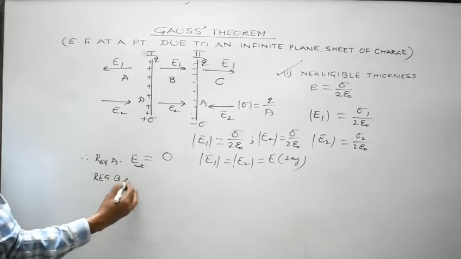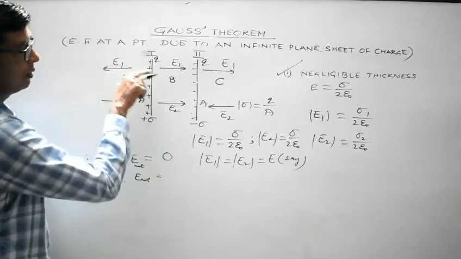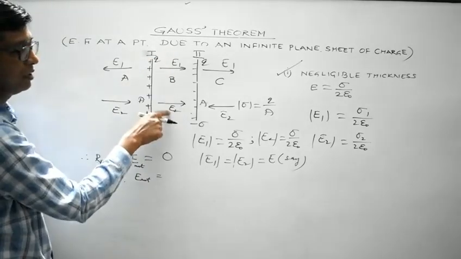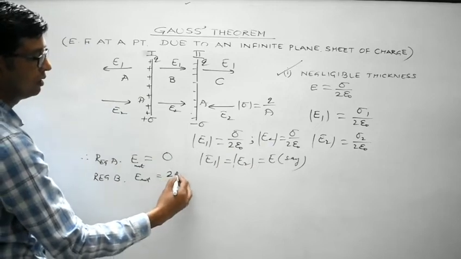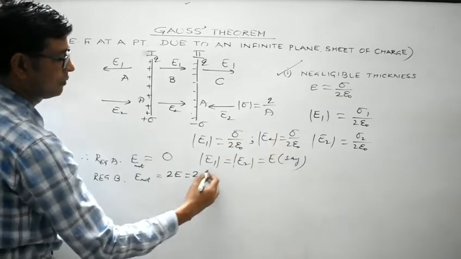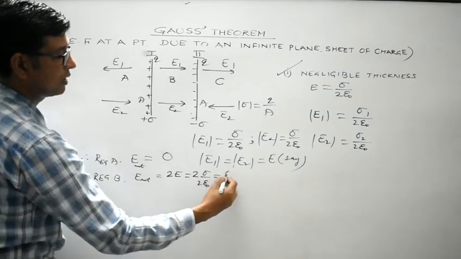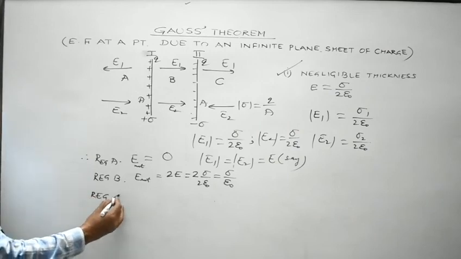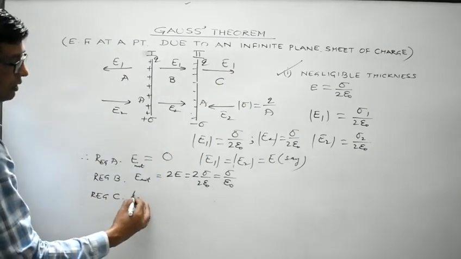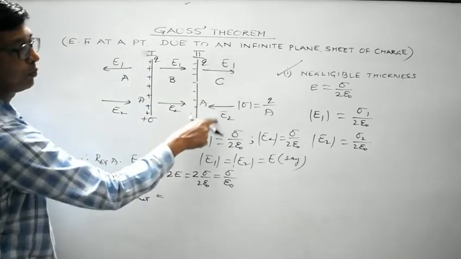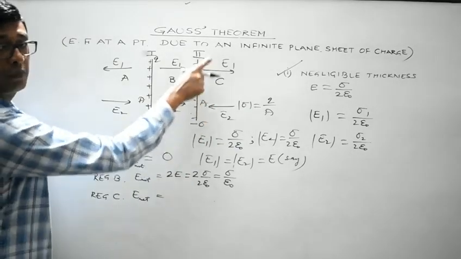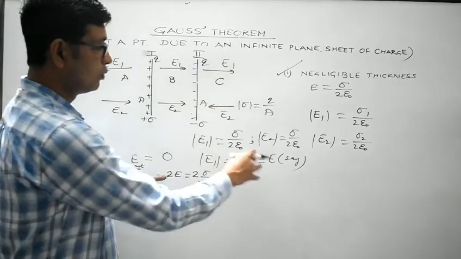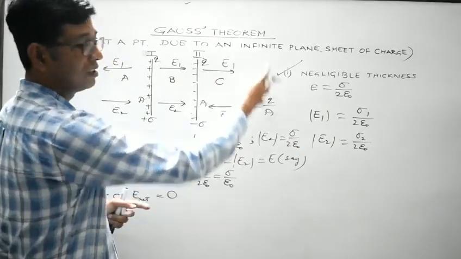In region B, the net electric field would be, both are in the same direction. Both are of equal magnitude. So the net electric field will be given by E1 plus E2. Both are of the same magnitude, so it will become twice E. Twice E is sigma by 2 epsilon times 2, so we will get sigma by epsilon. In the third case, the extreme region, the net electric field would again be given by oppositely directed fields. Both are of equal magnitude and being oppositely directed, they will cancel out. So the net electric field is 0. So you can prove this article either in the previous manner or in this particular manner by drawing the